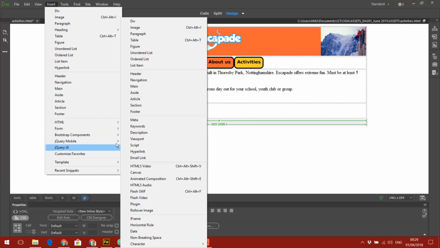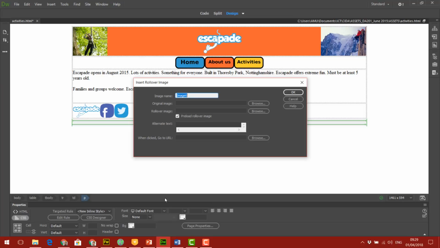There we are. So I'm going to go to HTML, and I'm going to click on rollover image. Right, now let's call that one rollover image,